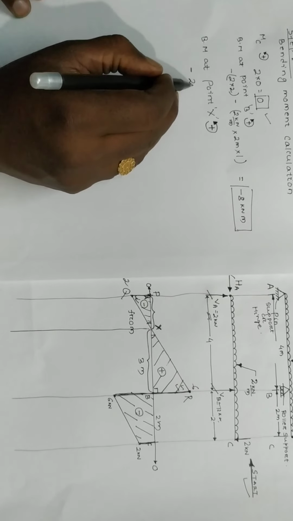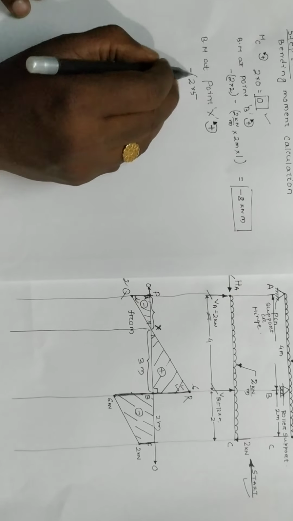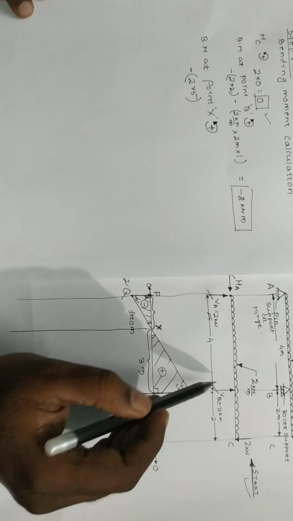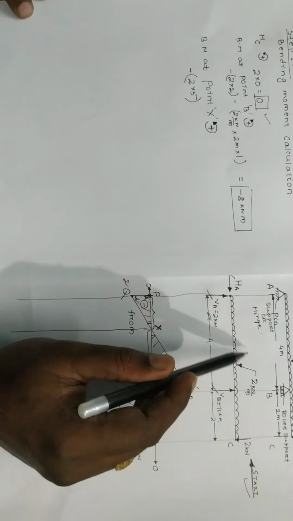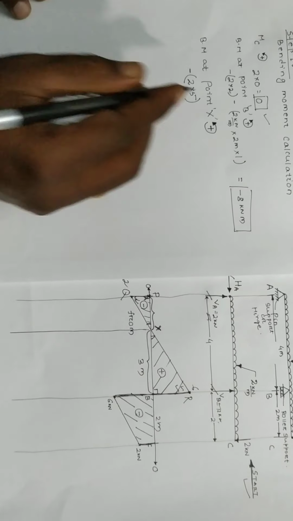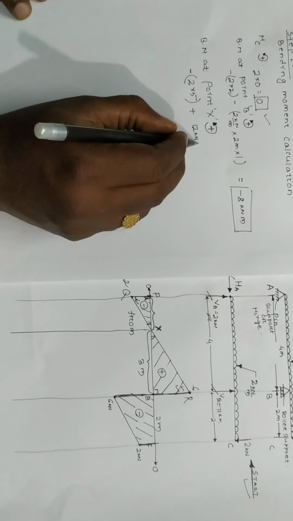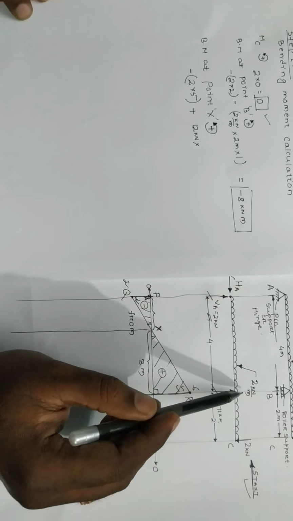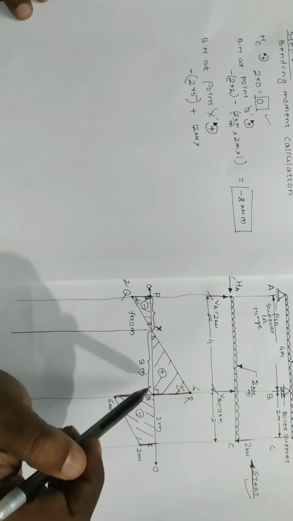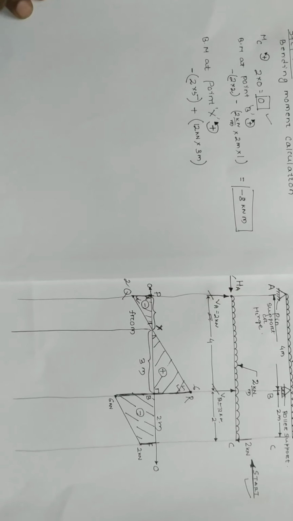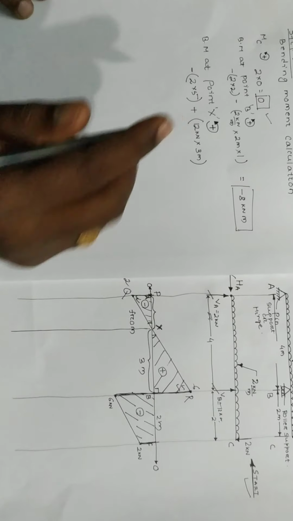So 2 into 5. Over. Then due to this vertically directed reactive force VB, about point X, this will be a counterclockwise moment. So this will be plus VB. We know it is 12 kilonewton, so directly I am writing 12 kilonewton. What will be the perpendicular distance between the line of action of this VB and point X? This is 3 meter, clearly, easy. So 3 meters, plus, because it is counterclockwise.